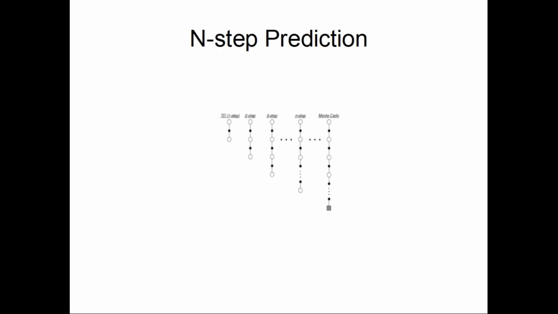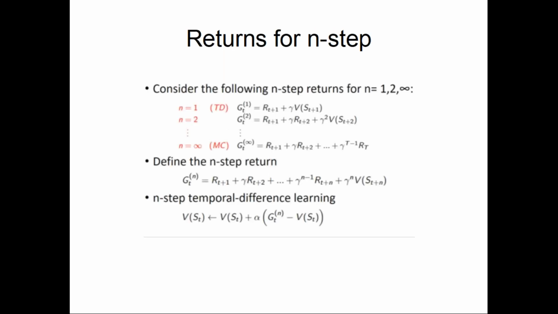But n step, once you know everything about all the steps and then you try to predict, that is nothing but a Monte Carlo method. That means you know all the past experience up till the end steps. Normally in TD we talk about one step, but in some instances they may use 2-3 steps also. Returns for n step. Now we will just talk about one step. Let's talk of only the one step.